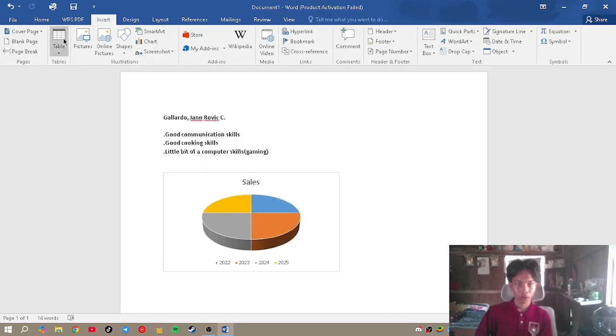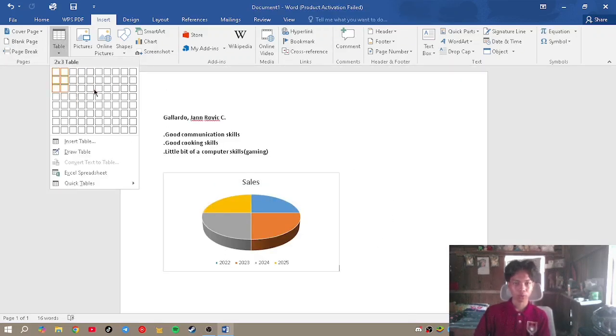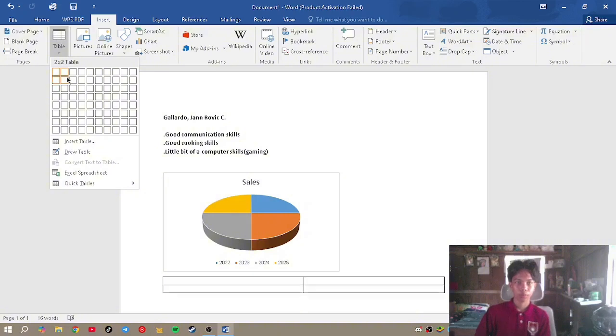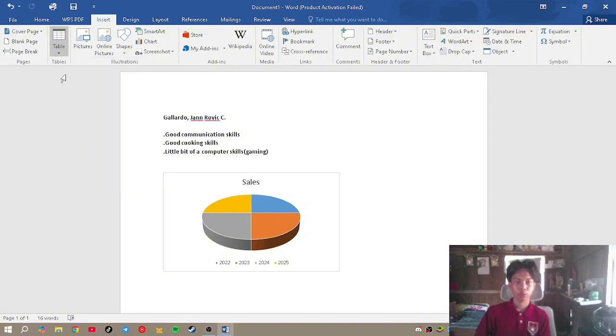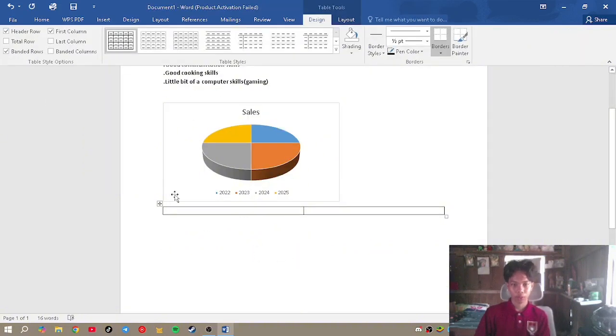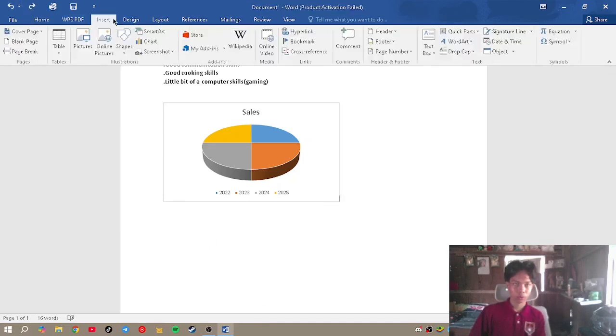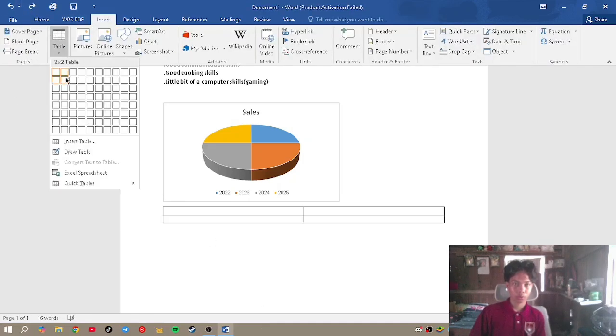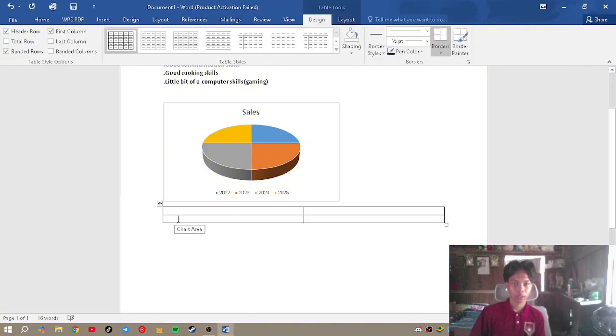Here is the table. You can do this, for example, a 2x2 table. Oh no, that's wrong. A 2x2, something like that. And let's say last year and this year. So what's the best thing you did last year?